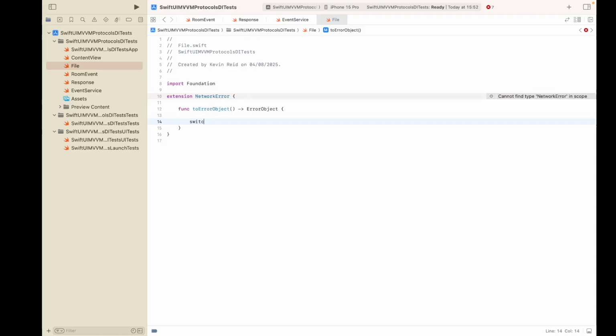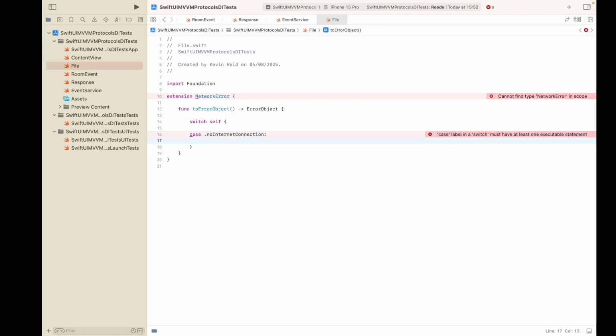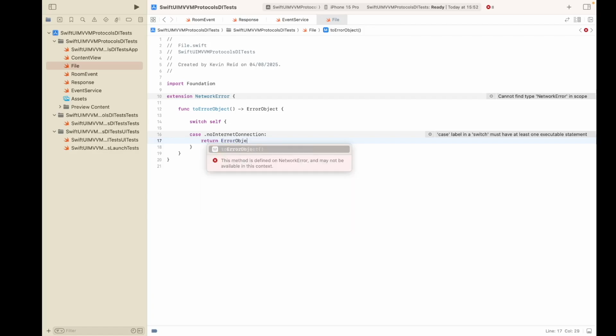So just type in switch self, case dot no internet connection, and then we return the error object,